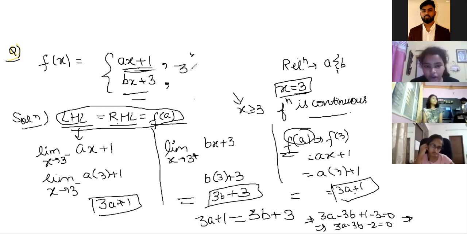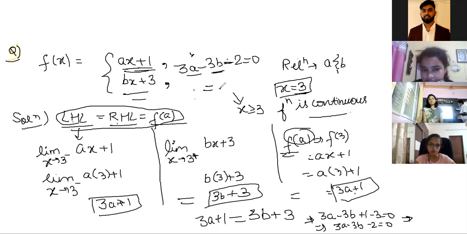So now we have to find a relationship between A and B. So what will it be? Easily we can do one thing. If we have to find a relationship, then A and B should be on opposite sides of this equal sign. Only then will we be able to find a relation between them. So if I keep 3a over here only and take 3b along with 2 to that side,